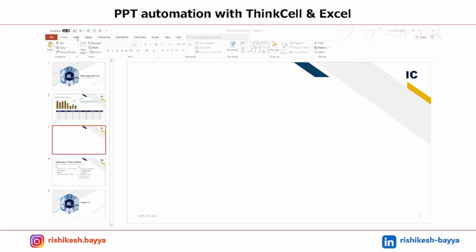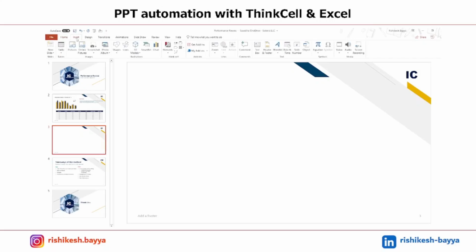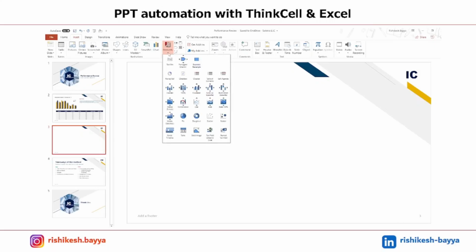So if you already installed the ThinkCell add-in, you can go to the insert button here, and you can see this section, ThinkCell section, where you have different things here. So go to the elements, and here you can choose which type of chart you want, right? There's text box, there are some shapes here, and there are some note points and everything here, right? So for now, I have used this cluster chart, right? So I'm just taking this again.